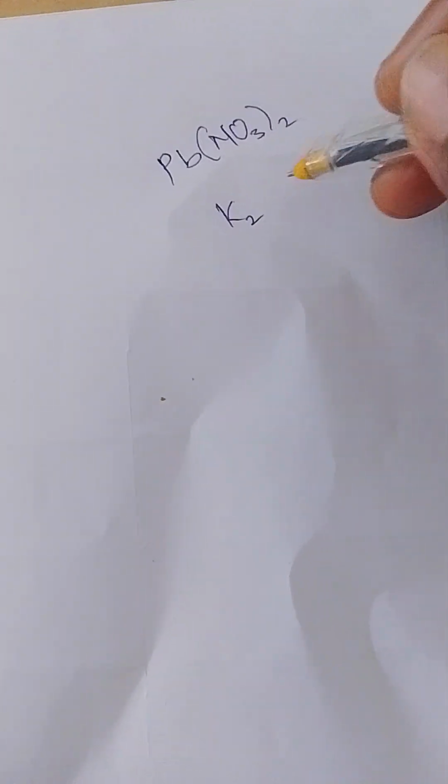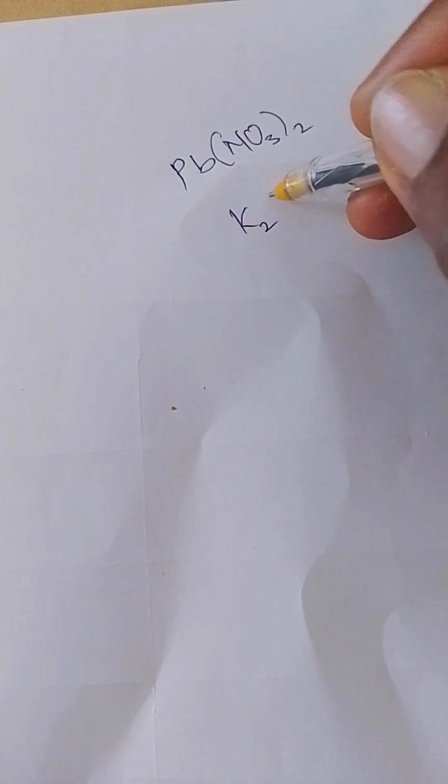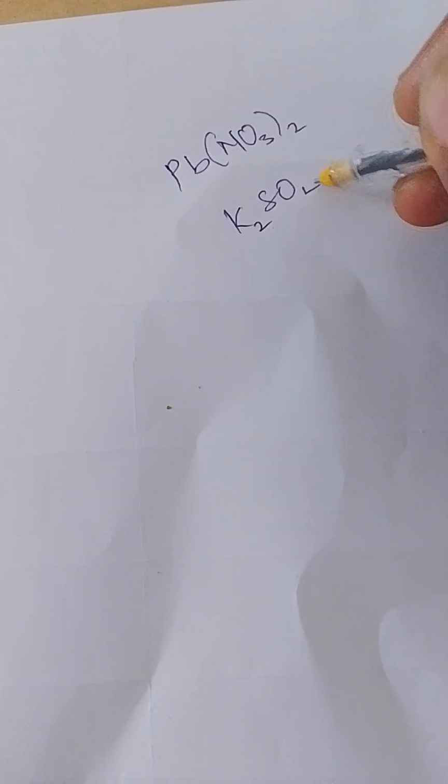One of the salts is going to be lead(II) nitrate, Pb(NO3)2, and the other one is going to be potassium trioxosulfate(IV),